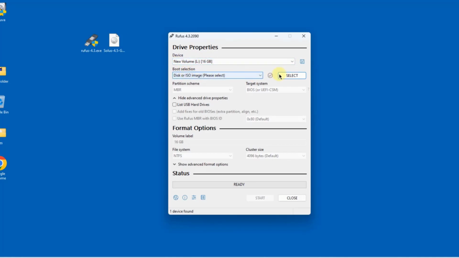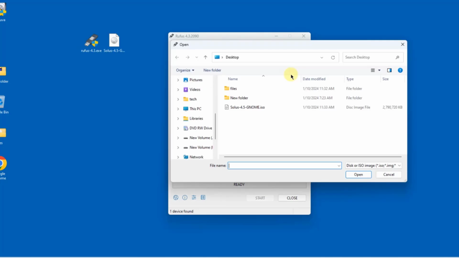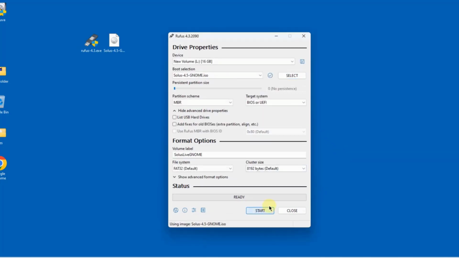So under the boot selection, I'm going to click select. I'll select the ISO file, click open. I'll click start, click OK again. So this is going to delete everything in the USB drive. So it's creating the USB drive. Okay, so the USB drive was created, and now I'm going to take this USB drive and boot up the